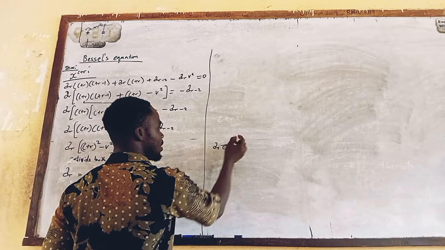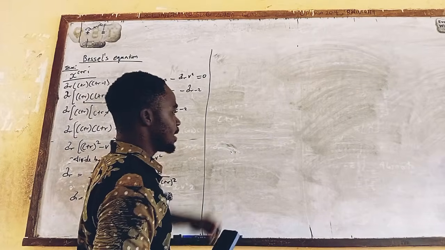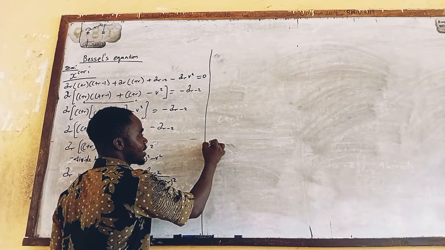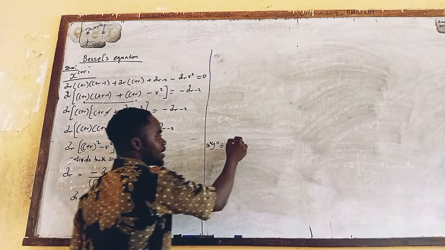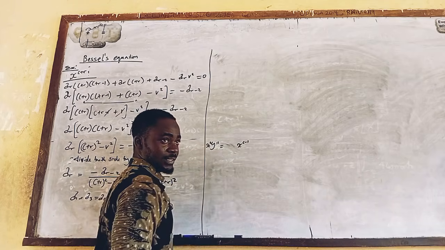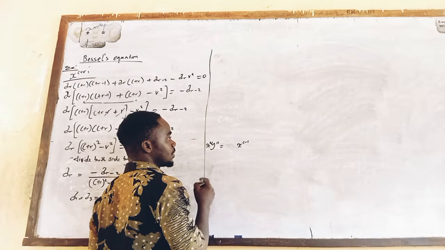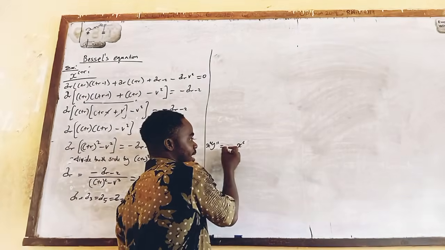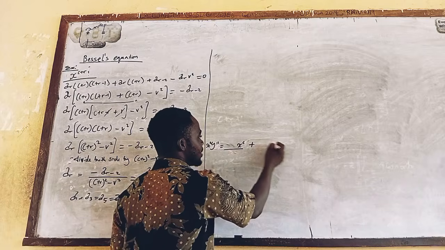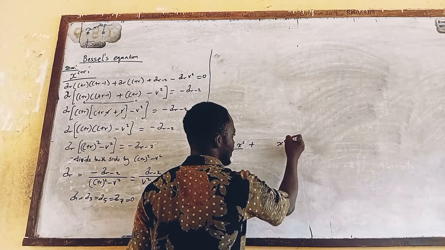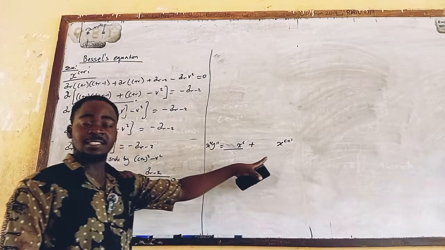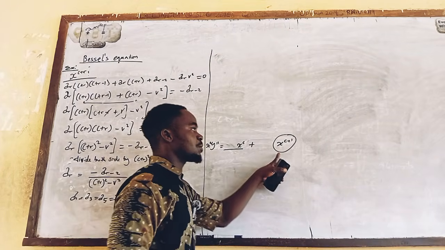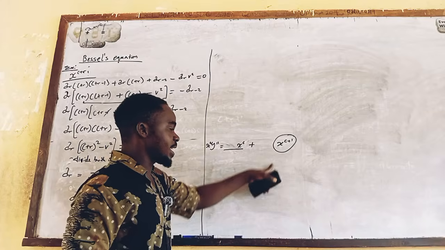C plus, I forgot it, but when you go there, you see that the first one is under x squared y prime prime. The first one is x raised to the power c minus 1. The second one is x raised to the power c. The first x that you're going to see here is x raised to the power c. The second is x raised to the power c plus 1. When you take out all the coefficients of x raised to the power c plus 1